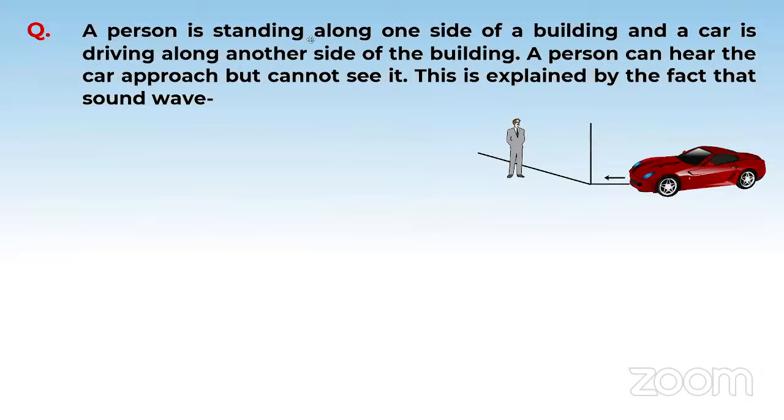Now, here the question is: a person is standing along one side of a building and a car is driving along the side of the building. A person can hear the car approach but cannot see it. This is explained by the fact that sound waves